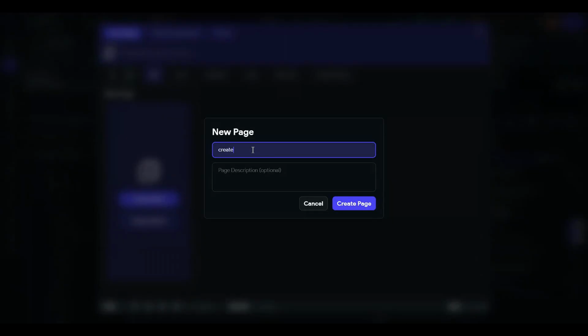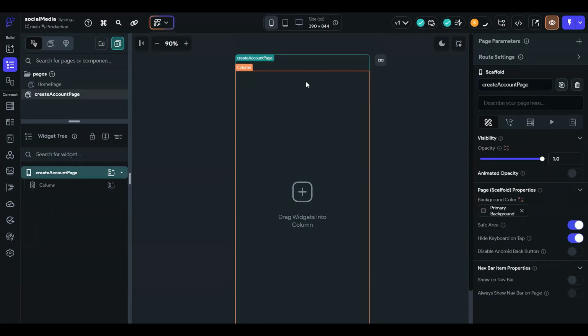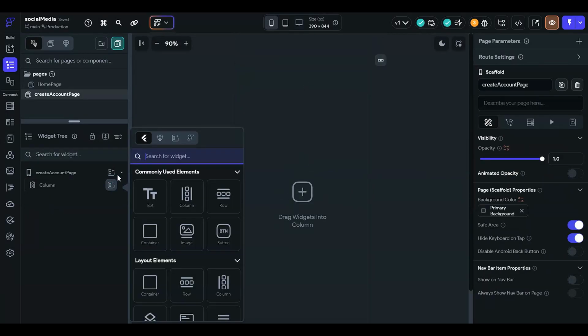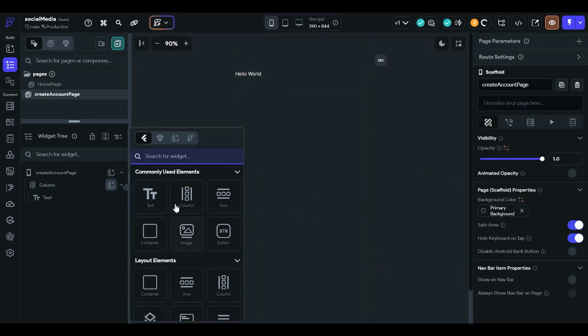And today we are going to create a new page, that is the create account page. As you know, the create account page is very much necessary whenever a user is creating their account, then the landing page is going to be the create account page.